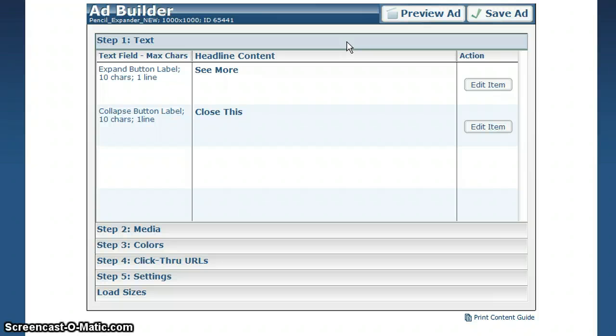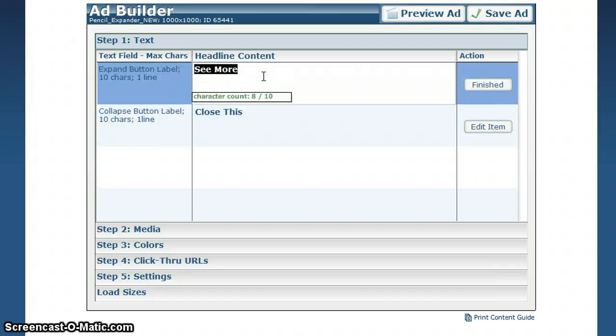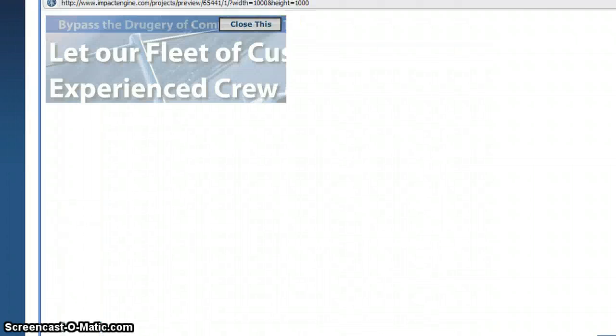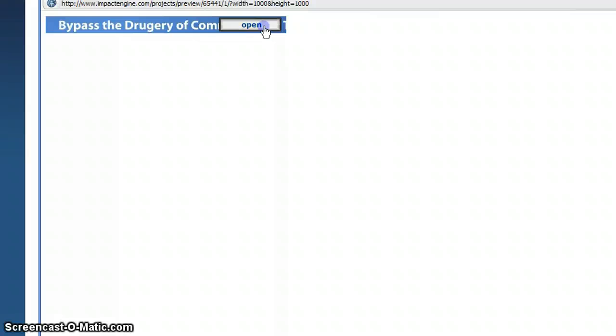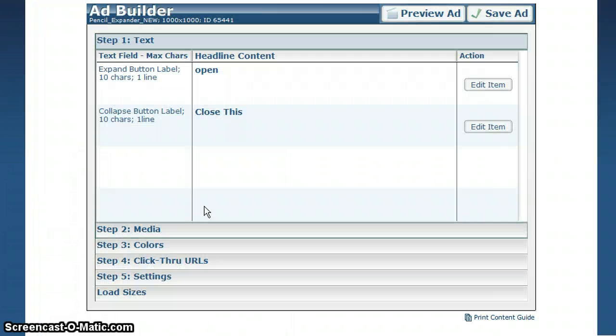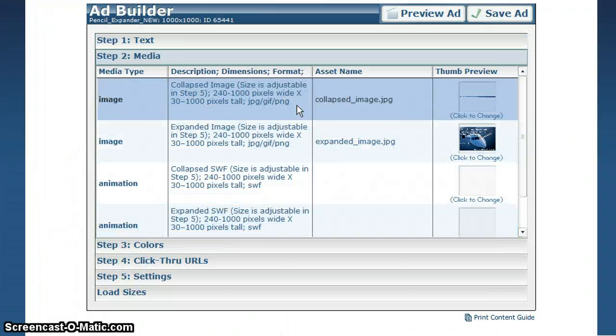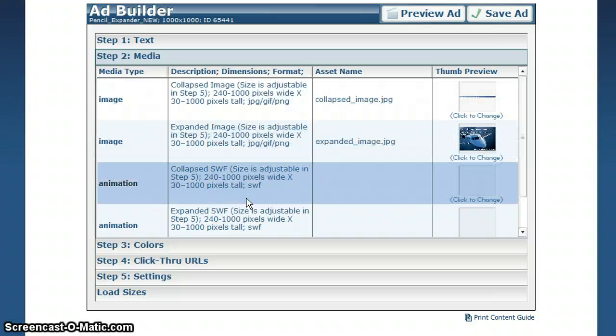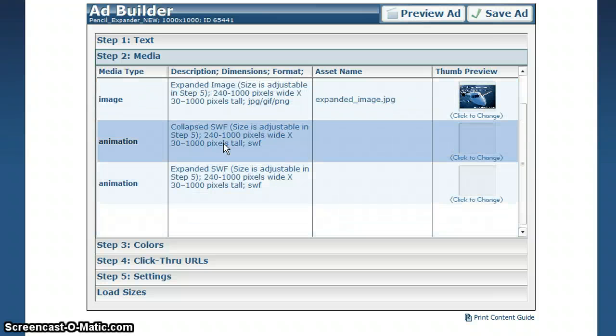So now going back, once you've set that, these are simply your button titles, see more, close this. So if we change this to open and we click on preview, you see it says open and close now. So pretty straightforward there. Again, media, you can upload any image,